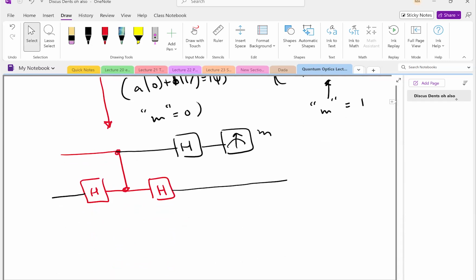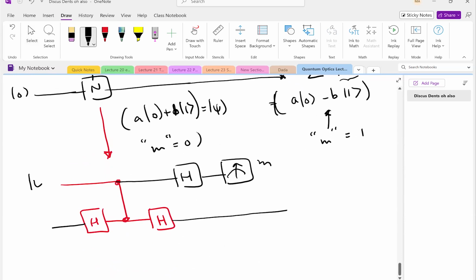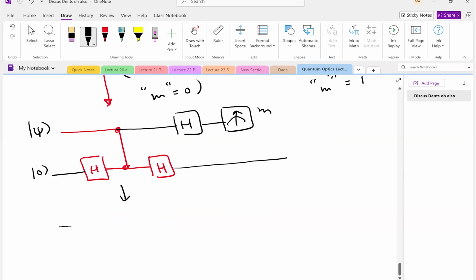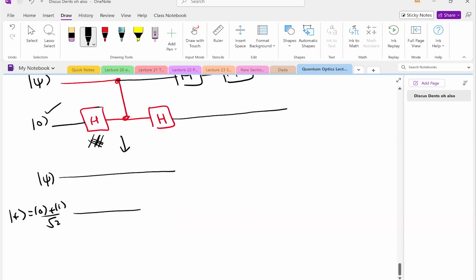So this is psi ket 0. Now, if I simplify this a bit further, I have psi, and I can get rid of this Hadamard if I were to replace this ket 0 with a superposition of 0 and 1. So if my input, instead of being ket 0, were a superposition, I can get rid of this Hadamard. I still have a controlled phase gate,